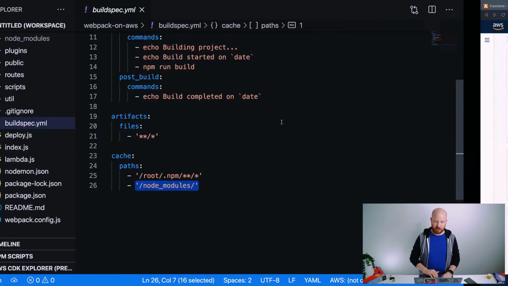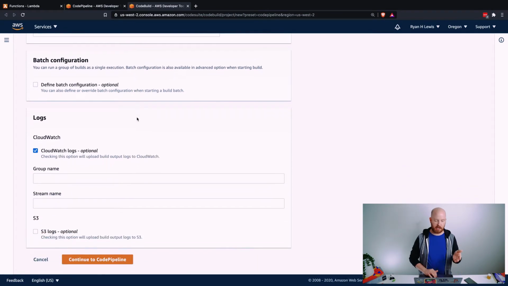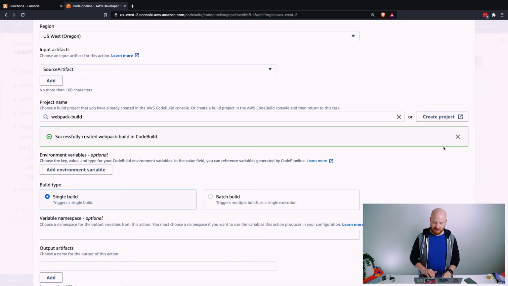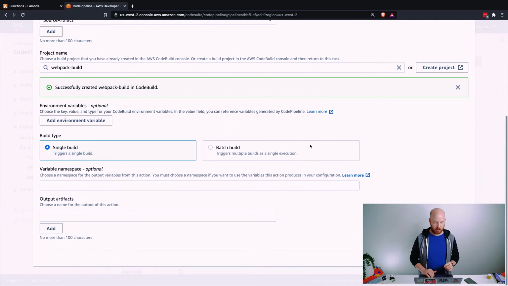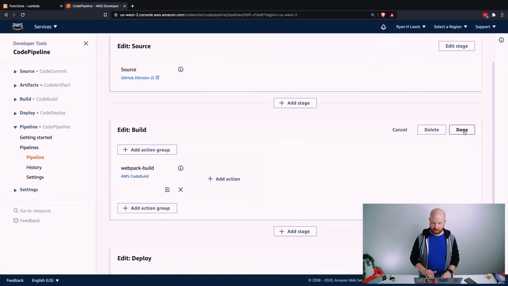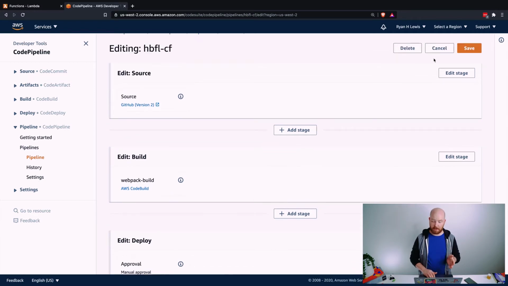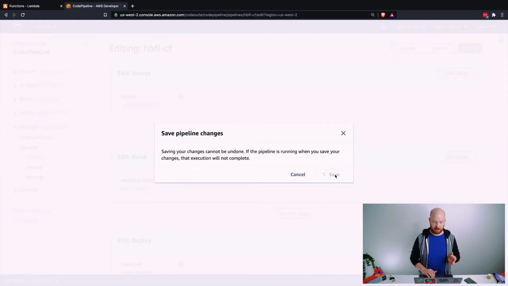Cool. So we have the build spec. We just put that at the root of the project, and CodeBuild will automatically grab it. We'll continue back to CodePipeline. Okay, so now we got our CodeBuild project, and we can basically go ahead and say that this step is done. Now we've got our build stage. We've got our CodeBuild. Webpack is running on that. If I click save,